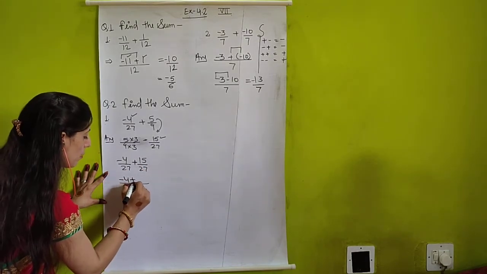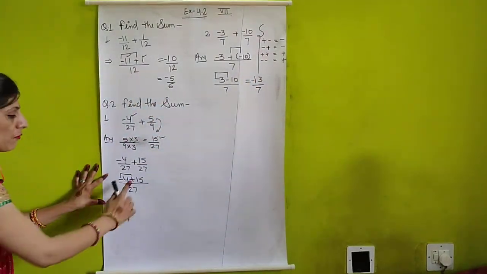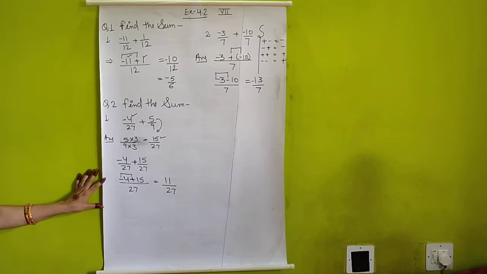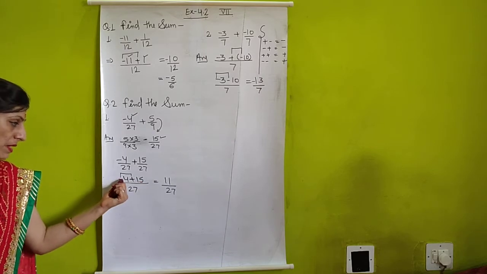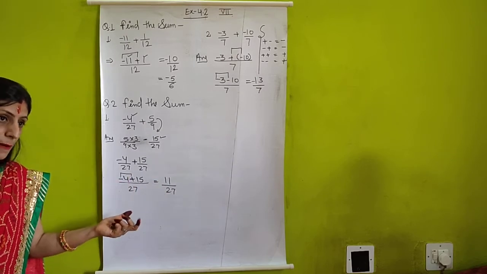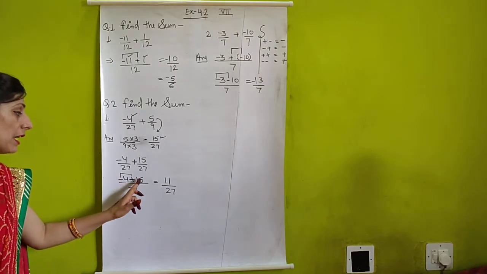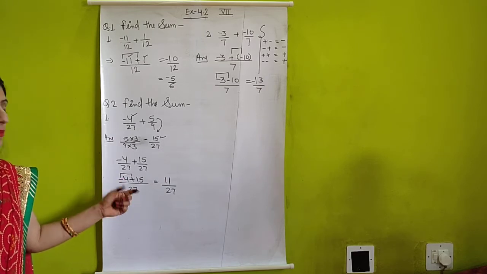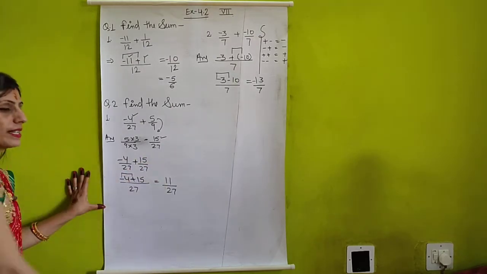Now as it is, minus 4 plus 15 will come. Now minus and plus will be minus. So 15 minus 4, what will come? 11 upon 27. And the sign with the 11 will be the sign of the greater number. Here the greater number between 4 and 15, which one is greater? 15. So the sign will be positive, and the positive sign, as you know, we do not write with the numbers. Again students, here I am not subtracting 15 from 4. I am subtracting 4 from 15, because here we have done the operation minus plus minus. So 15 minus 4, it is 11.